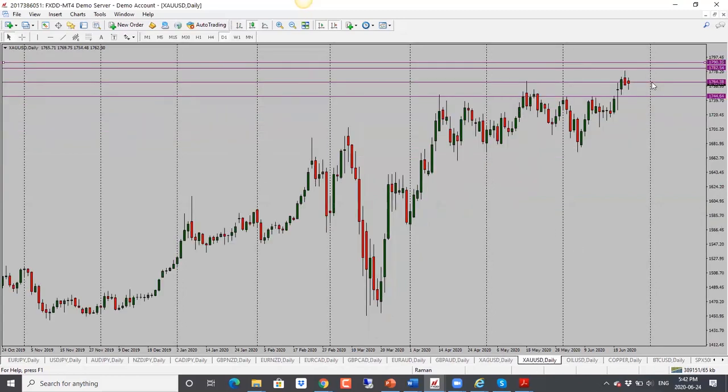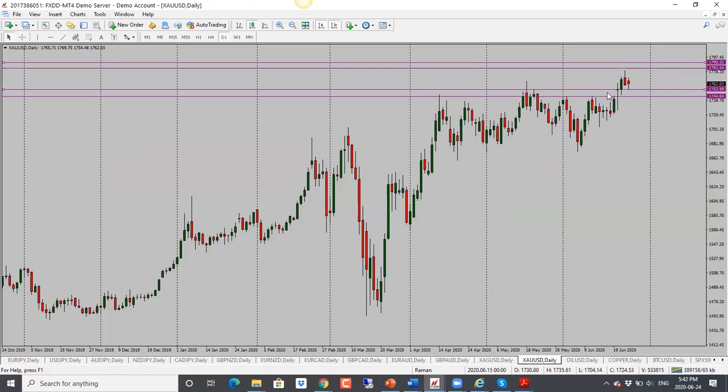Gold here, gold has kind of gone back and forth right now. Today we have a bearish candle close, but it's already into support. So this one we have to watch. Now gold has been interesting. Sometimes it's been moving up with the risk assets, so our stock market. Other times it's been going in the opposite direction. With this one here, I am neutral right now. Price is into important support resistance level. So if it fails to break through the support level, it may still continue higher. So in the long term, the gold is looking bullish.